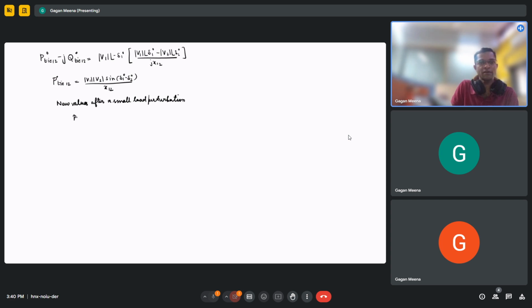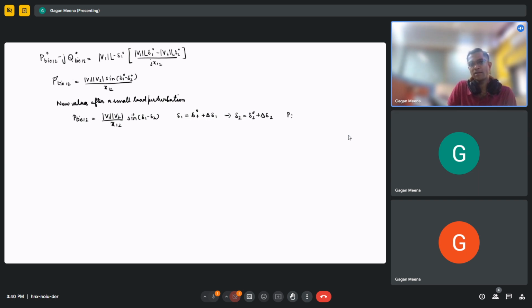We can write the new P tie 12 is equal to V1 V2 by x12 sine of delta 1 minus delta 2. We also know that delta 1 is equal to delta 10 plus delta delta 1, similarly delta 2 is equal to delta 20 plus delta delta 2,